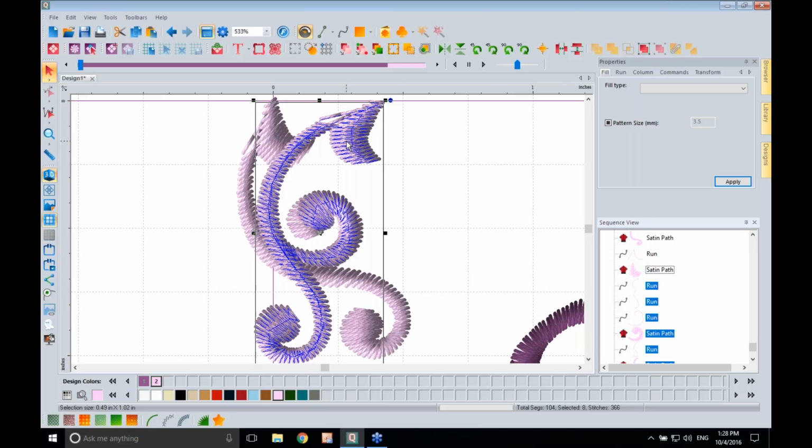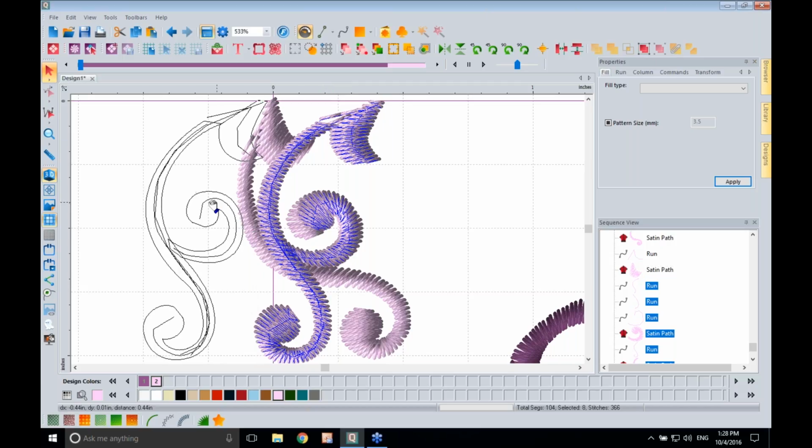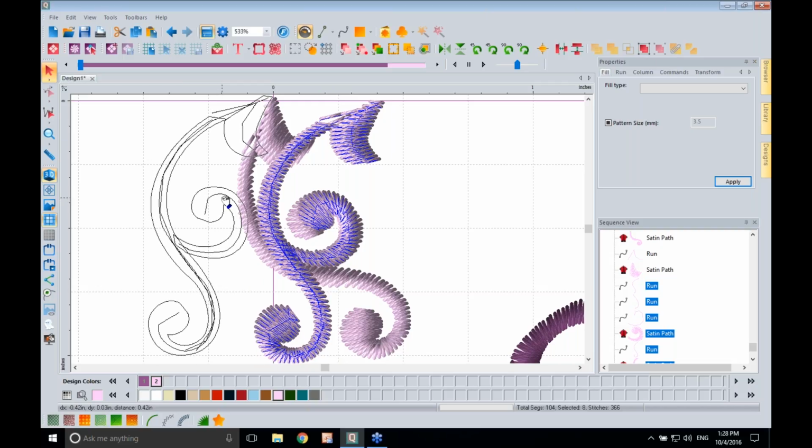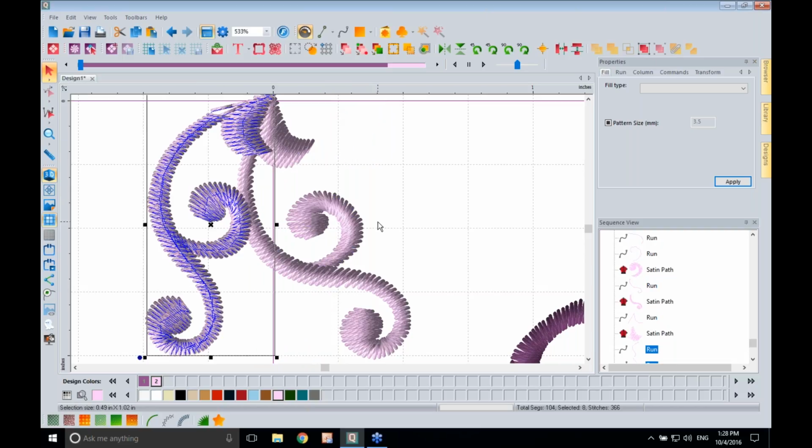Now I have to be careful again. What happened was that I clicked before I had the hand, and when you do that, you create a situation like I just did, which is not good. So now I've got the hand. So now I can click and drag, and what I want to do is line that inner curve up there, and my top point's up. I'm just going to set it right there. And yes, they're going to overlap a little bit, but that's okay. So now I've got my second set of petals, if you will,